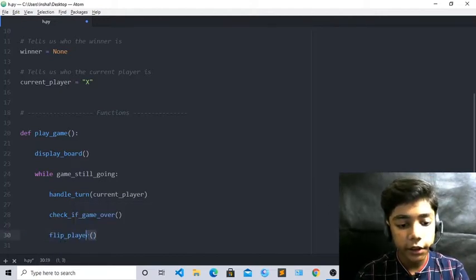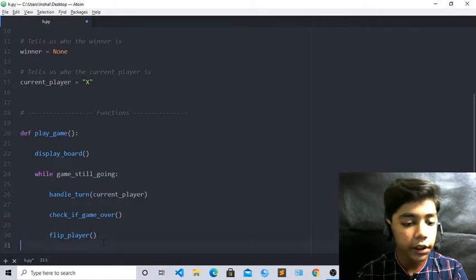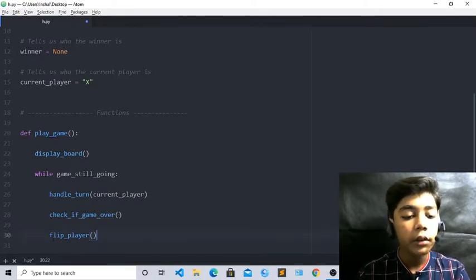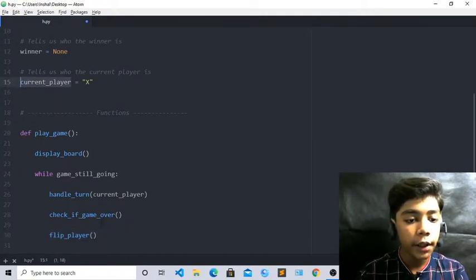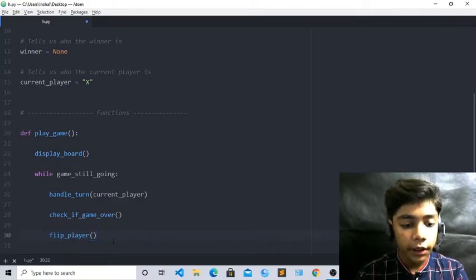You can see two brackets here, or you can also say parentheses. After check if game over, we have defined flip player. Like here we defined current player, so here we have to define flip player. Flip player means the other player, which will be O.